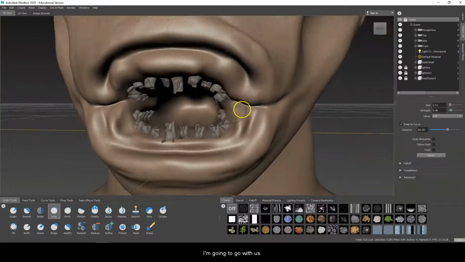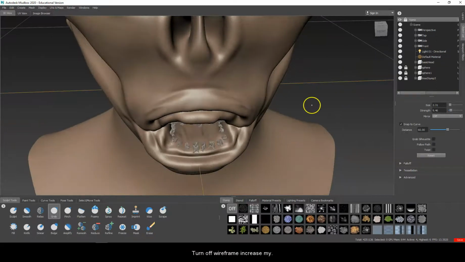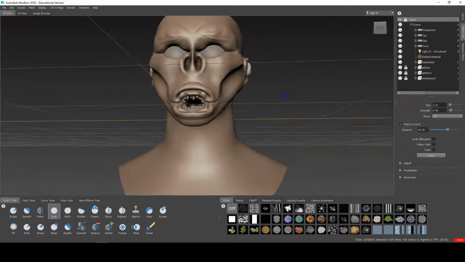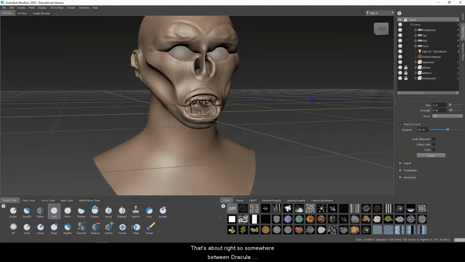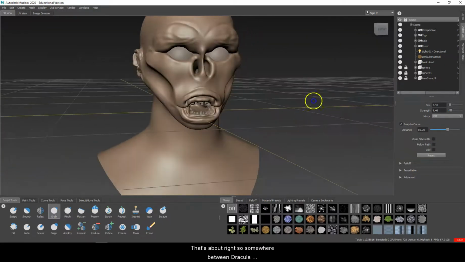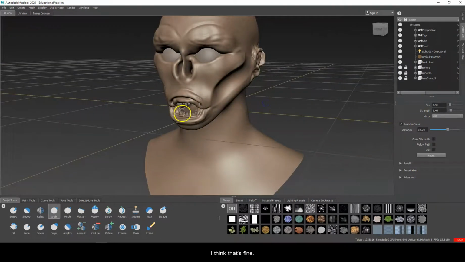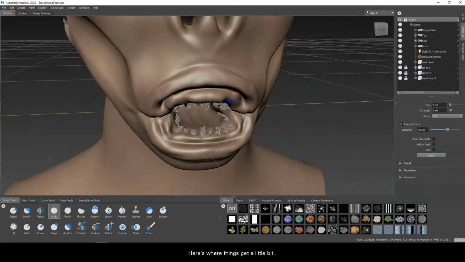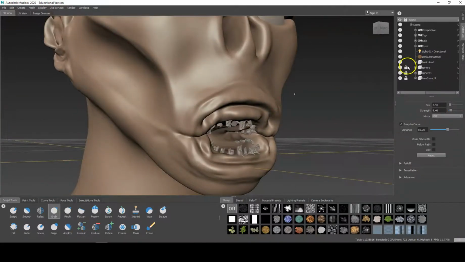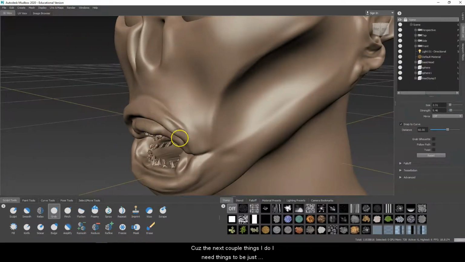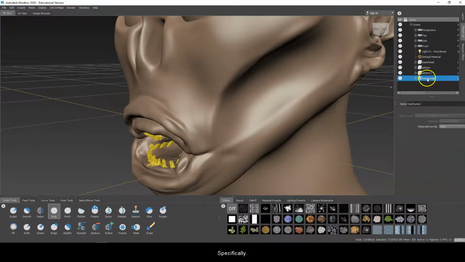So I'm going to go with this. I'll zoom out, turn off wireframe, increase my levels back up to the top, and that's about right. So it looks like I have somewhere between a Dracula monster and a zombie. But you know what? I think that's fine. But here's where things get a little bit different. I'm going to unlock everything, because the next couple things I do, I need things to be different for each object. Specifically,